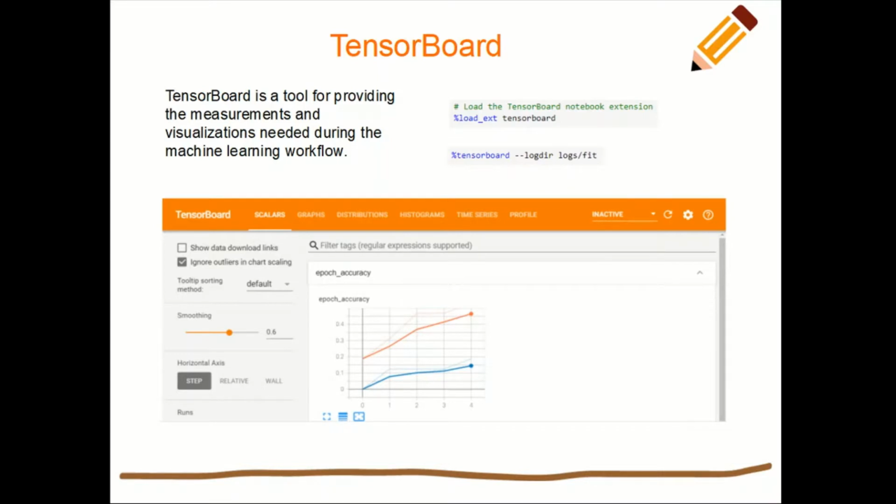And during that workflow we need to see what's going on with the training of the model, and that is what we can do with TensorBoard. Once we have built our model and begin training and tuning it, it's a great help to see what happens to key metrics.